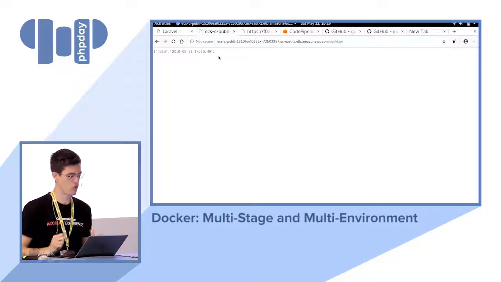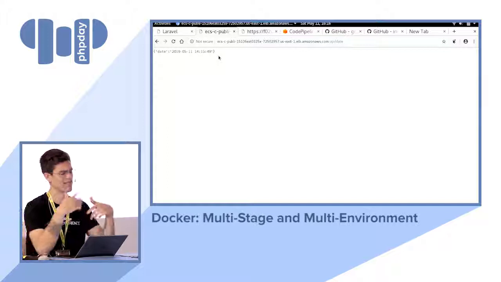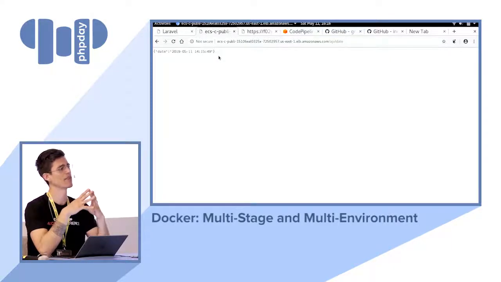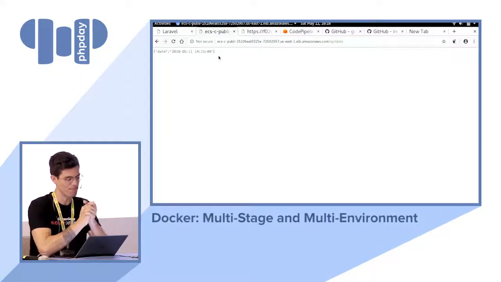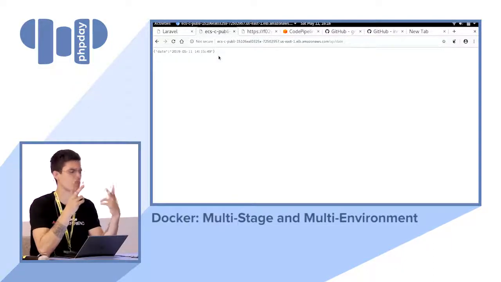I want to show you one last thing that I was studying and I was dreaming about. ECS cluster, okay, cool. I think it's perfect time. I was dreaming, okay, but